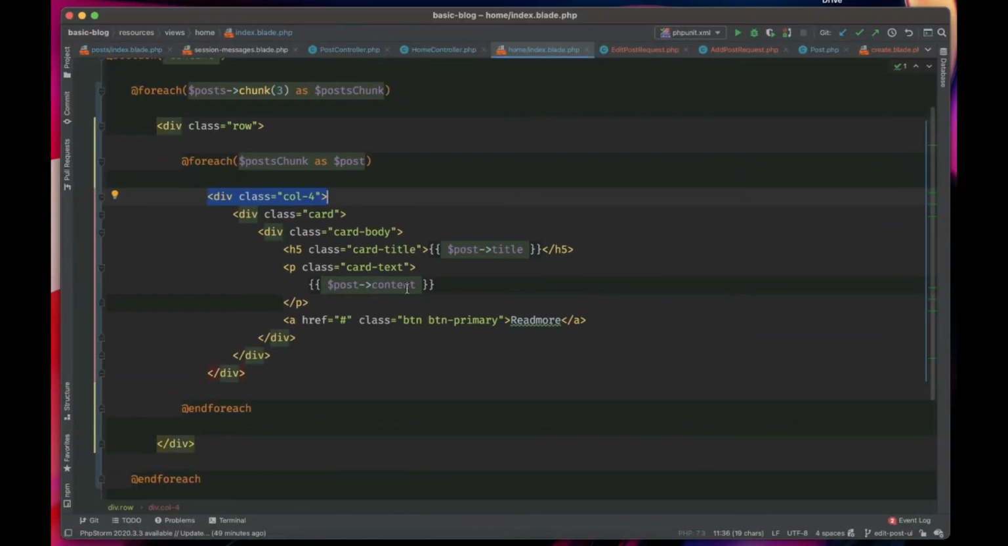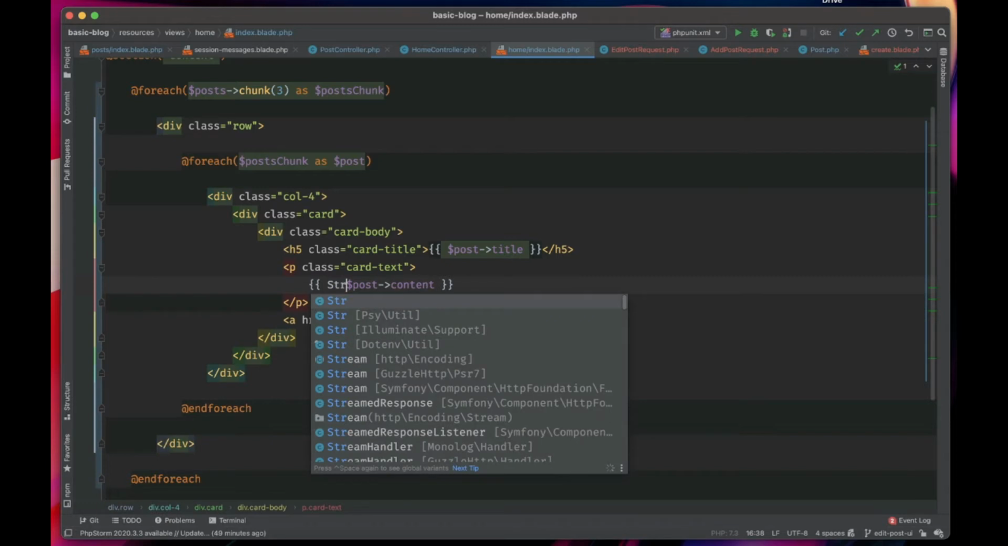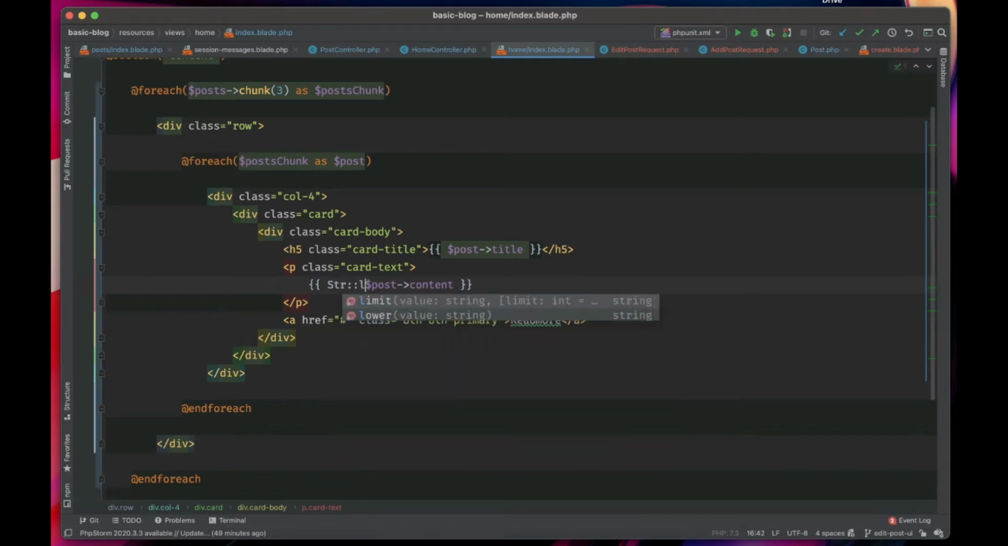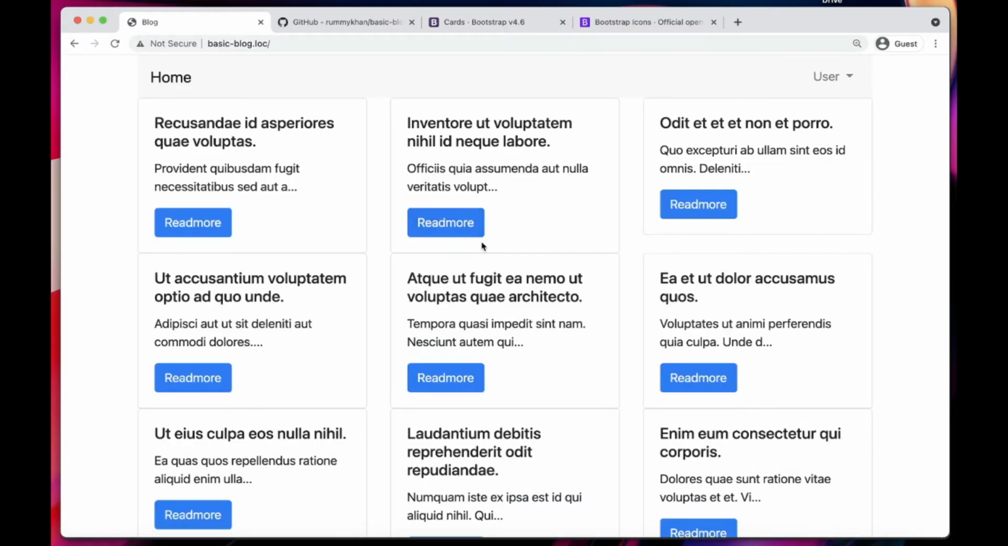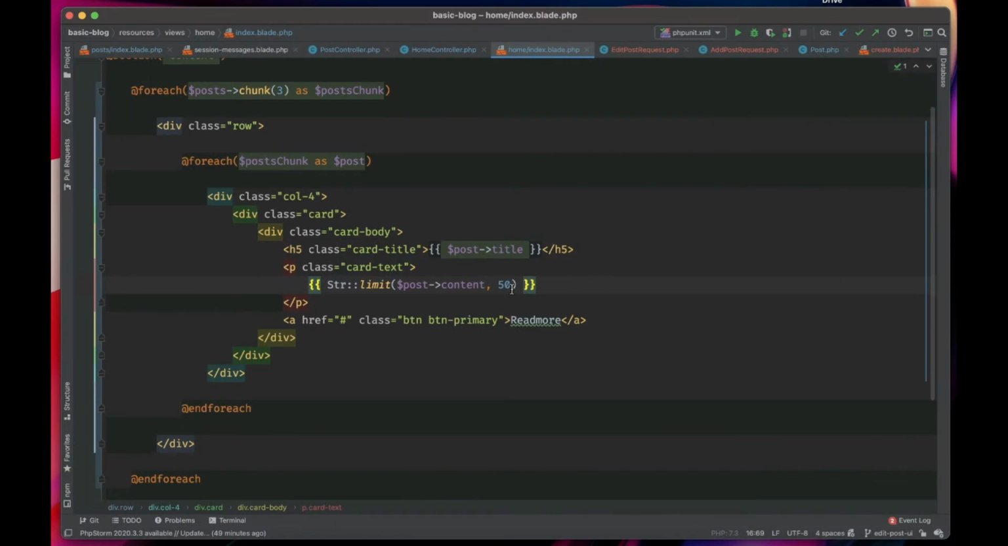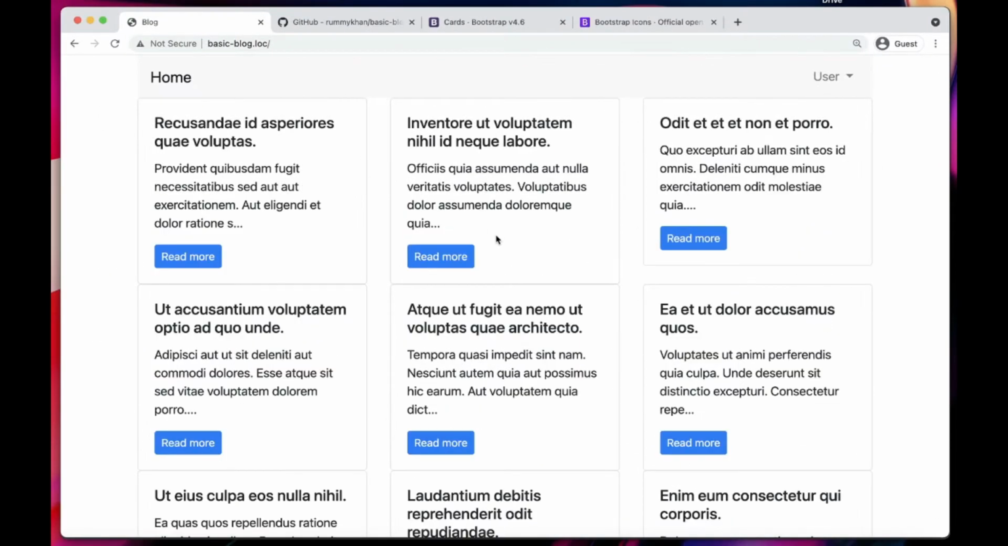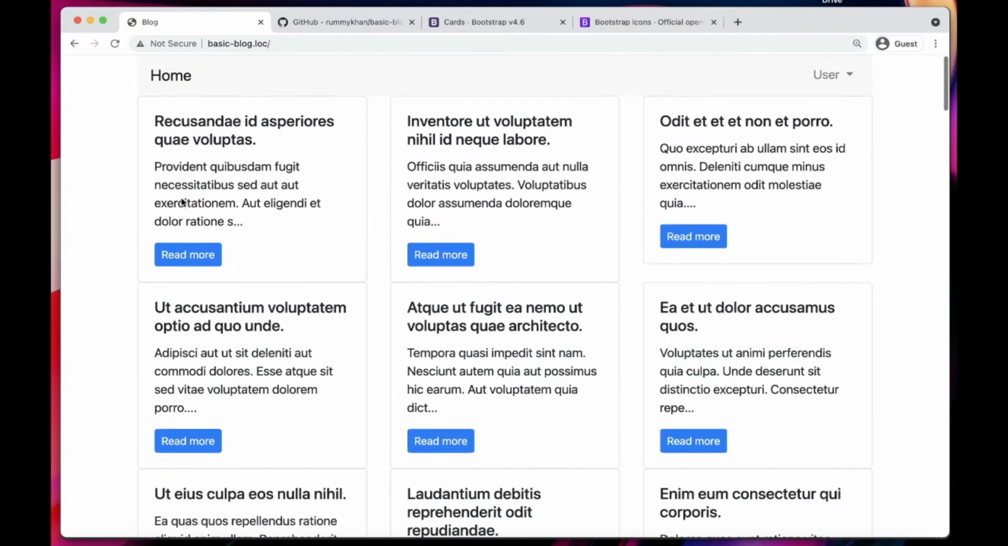So what we can do is we can actually use the string limit function. So we just want to display maybe 50 words. Okay, and yeah, it does look better. Let's make it maybe 100, and let's make this button a little bit smaller, and we can make it read more. Let's refresh this. Okay, so it does look nicer, but there is one thing that these posts are actually